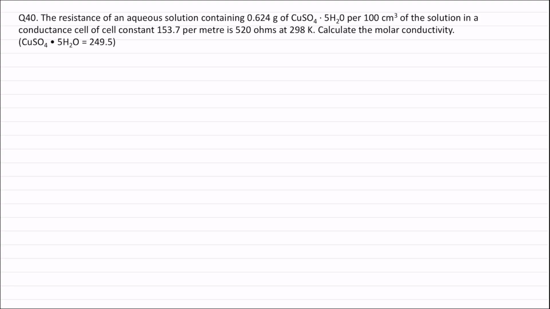Calculate the molar conductivity. Molecular weight of CuSO4 5H2O is equal to 249.5. Now molar conductance is equal to specific conductance into volume in centimeter cube containing